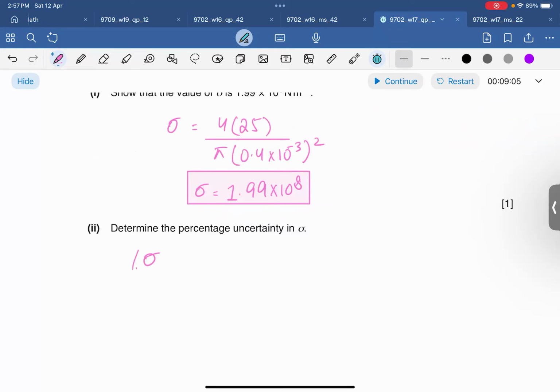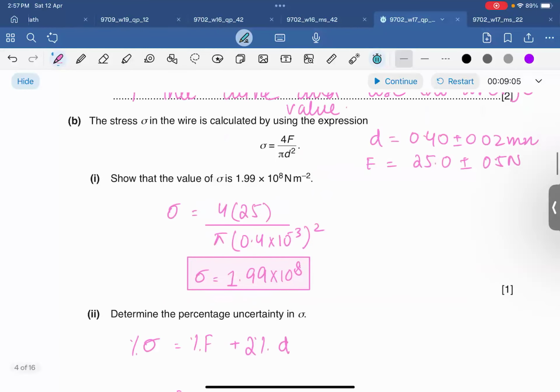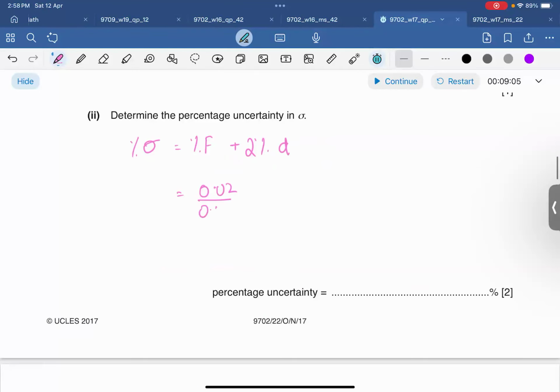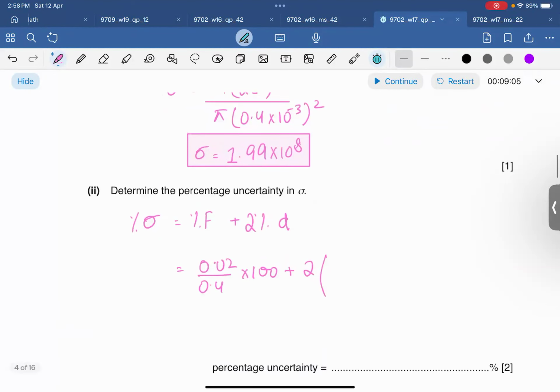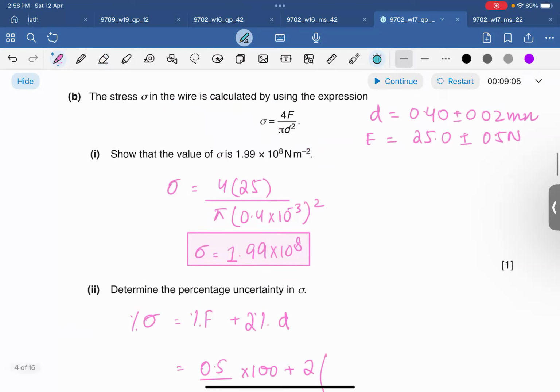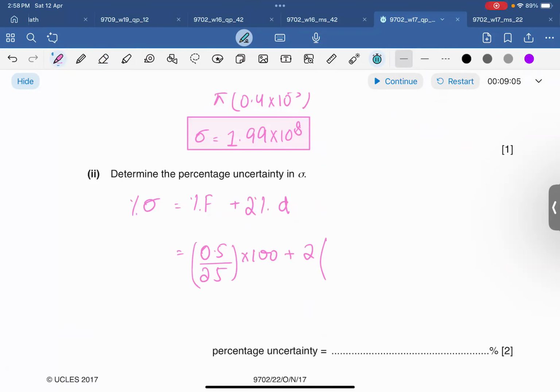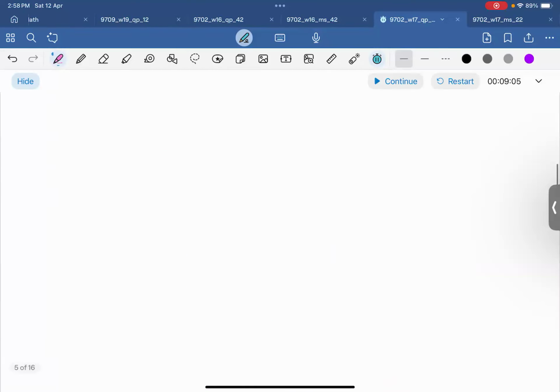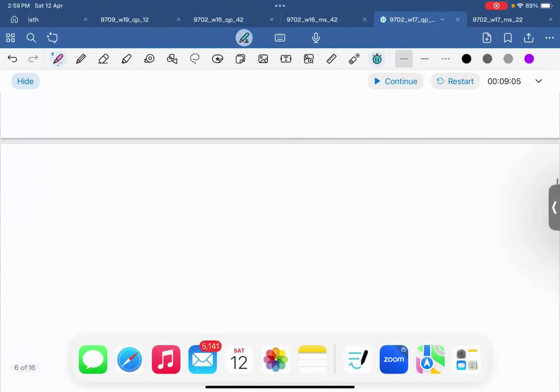So, percentage uncertainty in F is basically equal to the percentage uncertainty in F plus the percentage uncertainty in D, but it is squared, so diameter का तुम स्क्वायर ले लोगे, सही है। और आपके पास जो है 0.02 divided by 0.4 into 100, सही है, प्लस twice the 0.5 divided by 25, सही है, और 0.02 इंटू 0.4 इंटू 100, सही है। सो आपके पास आ रहा है 12%, राइट। यहाँ तक तो तकरीबन बच्चों ने सही किया, बट लास्ट वाले पार्ट के अंदर उन्होंने गलती की हुई है, सही है।